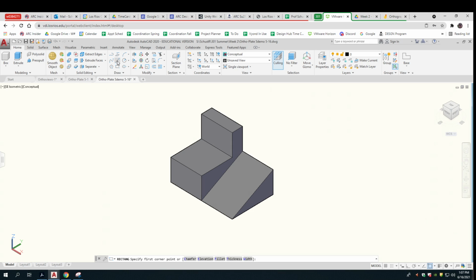And then if I draw 1 inch over here, I can make another one. Now I'm not going to pull that up yet,